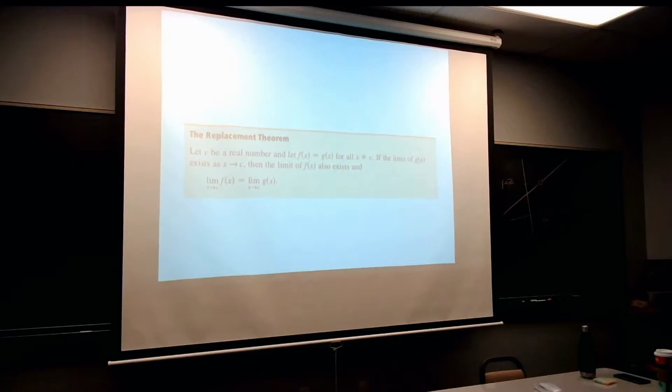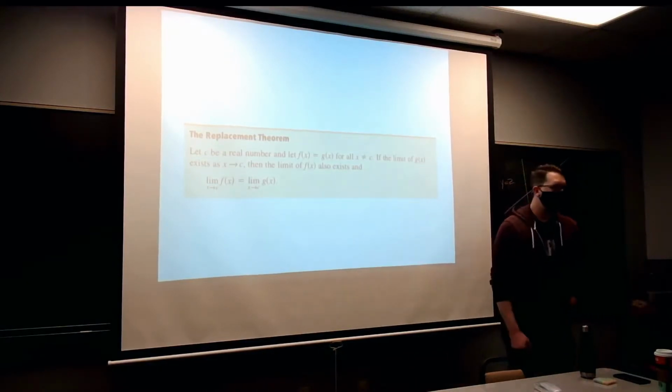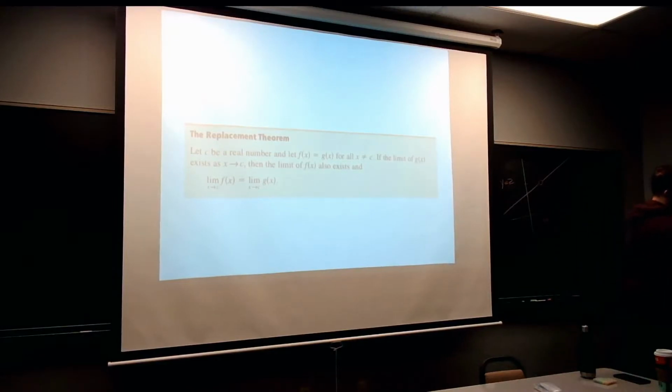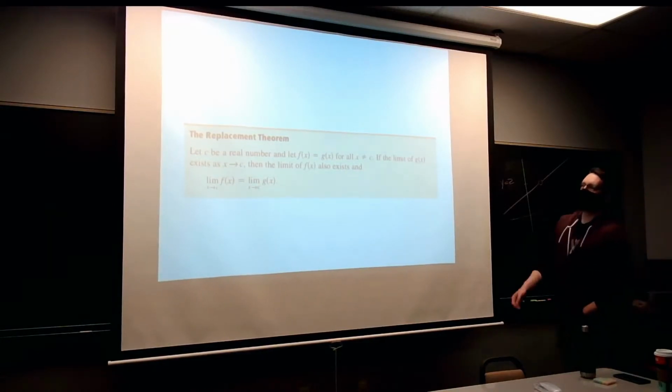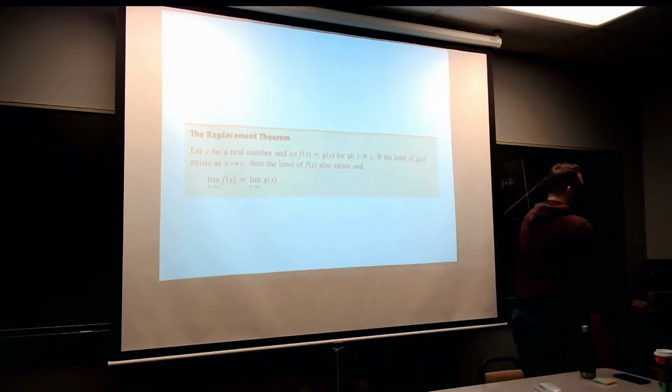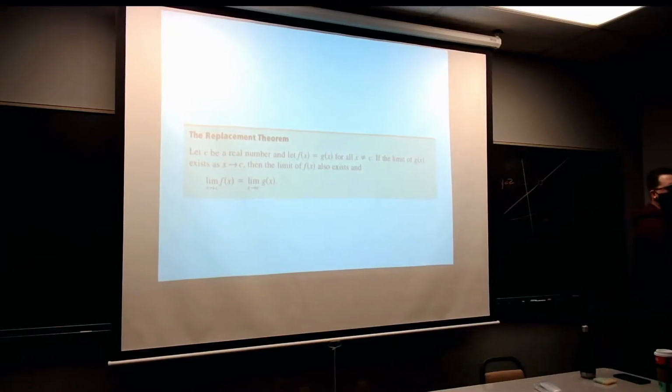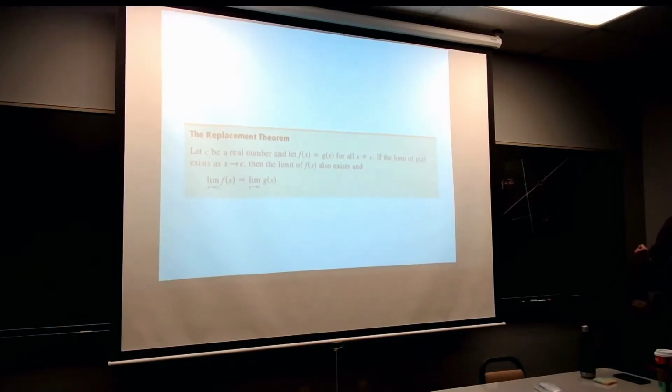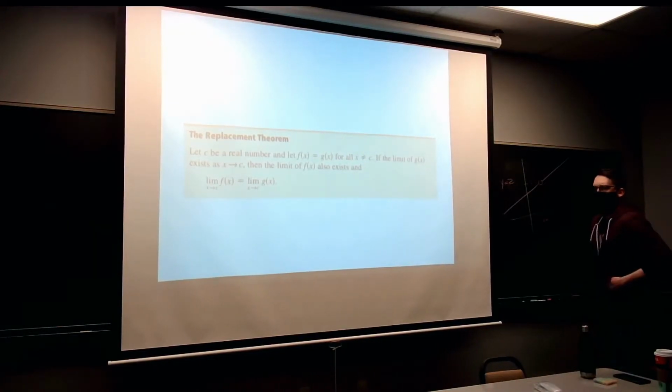Having said that, there is this theorem called the replacement theorem, and all it's getting at is if these two functions are equal everywhere except at one point, and that one point happens to be where you're taking your limit, go ahead and swap them against each other, right? So what I mean by that,